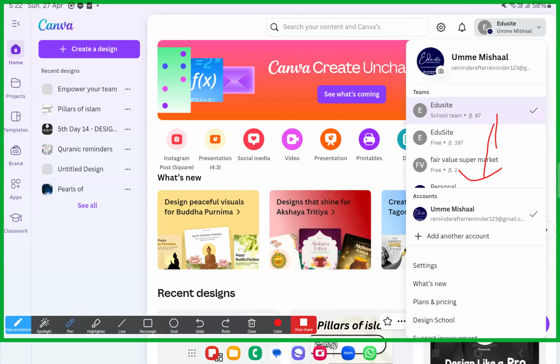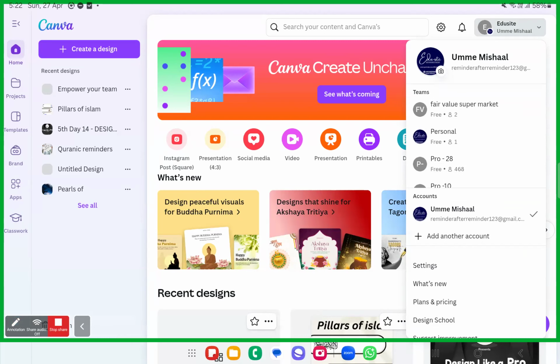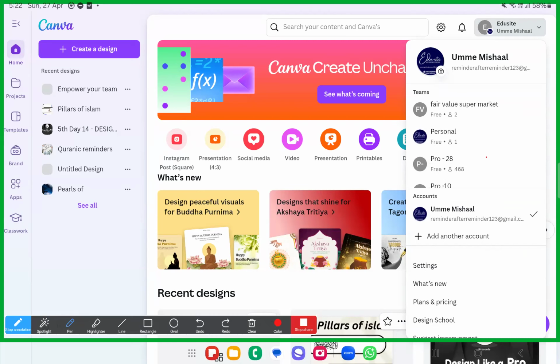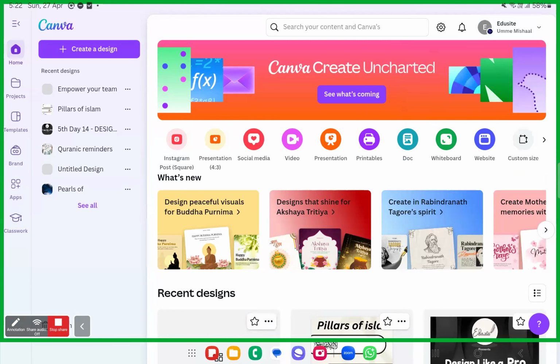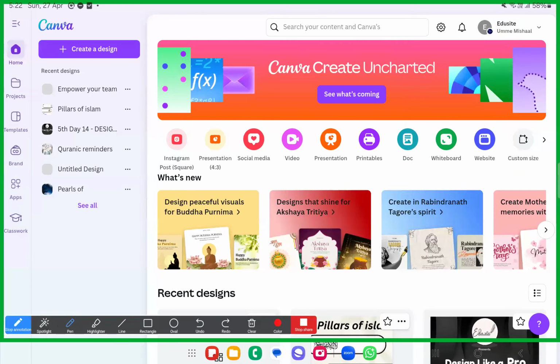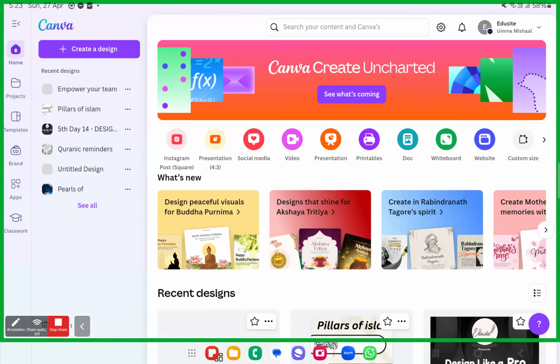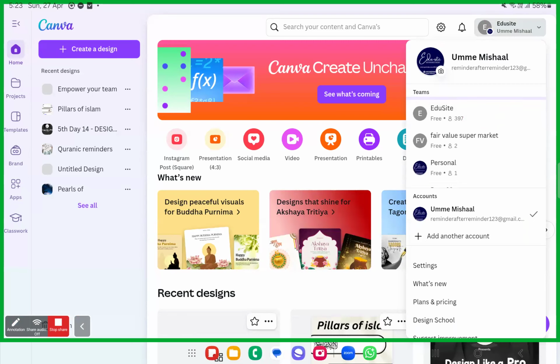Fine. Okay. Free website. So I just want you all to go ahead with personal. Go to the personal one. Come on, please go ahead. I want you all to go to the personal profile. How you're going to go to this? If you are with the smartphones, there is this button over there on the left side. Over there, your name will be popped up. Over there, it is EDU-SITE, right? Okay. I just want you all to change the team to personal team.